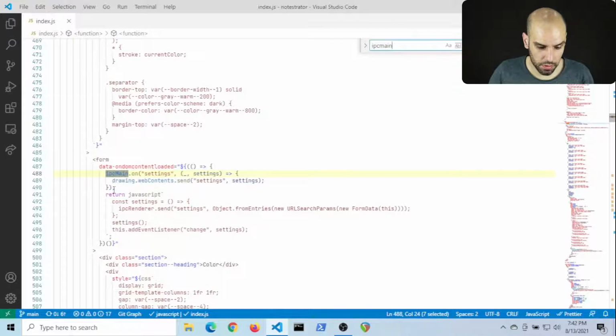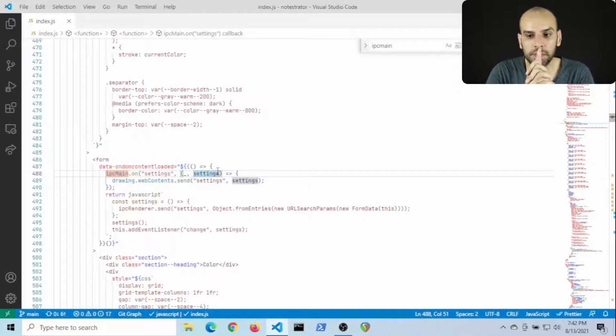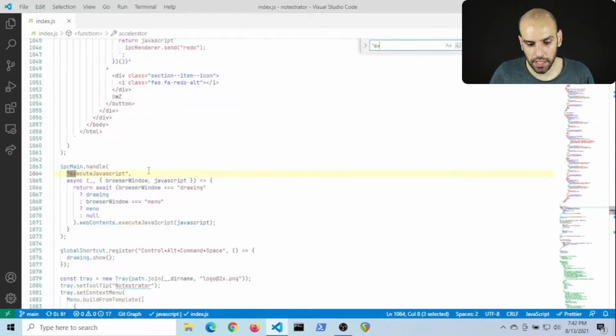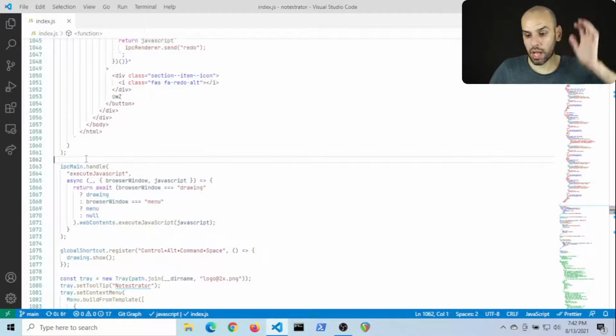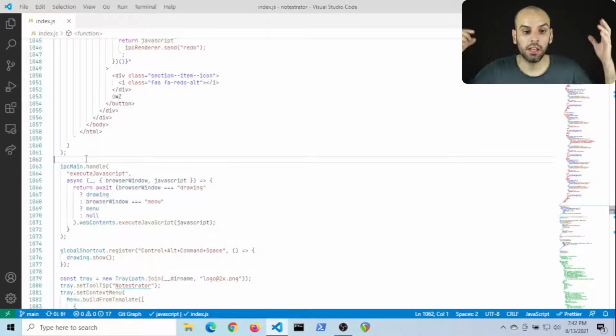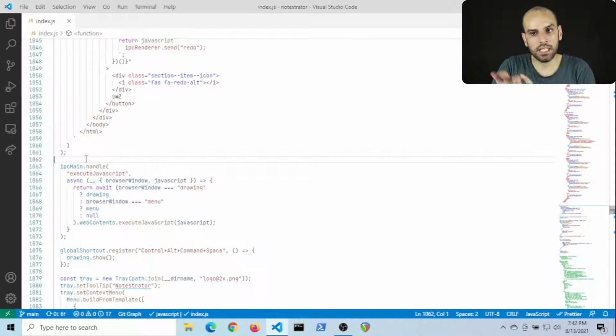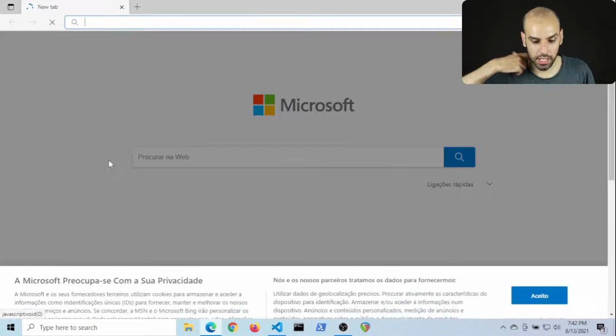So here's one of those cases. Before I even do that, I have to revisit my implementation of execute JavaScript, because here's how it works. IPC stands for inter-process communication. It is this way for different processes on my app to send messages to one another. So when I run my app, there is the main process. We can think of it like a browser window. That's a process.